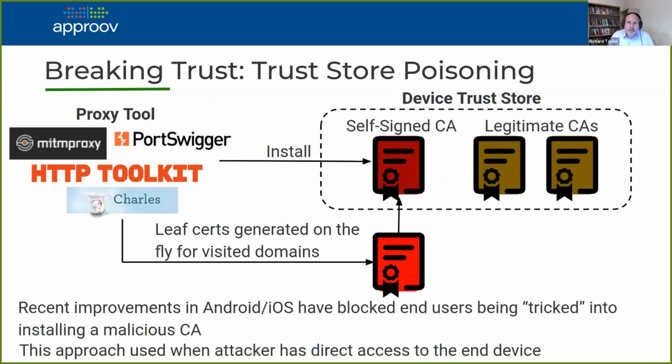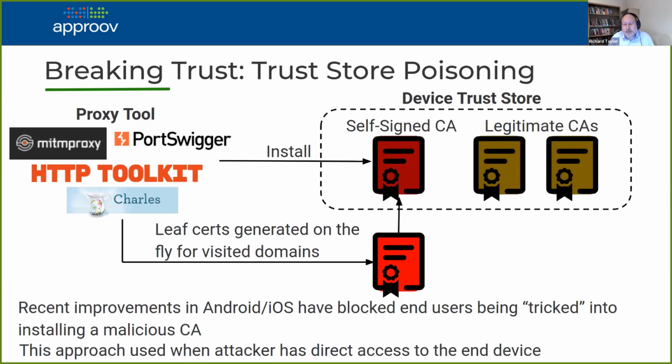Now, there are a couple of ways that this trust chain can be subverted. I'm going to talk about one way, which is essentially what happens if you use a man-in-the-middle tool, of which there are many. This is the case where you're actually controlling the device. So this might be a case where you're analyzing traffic from a mobile app. Then you're controlling the device. And there are these various tools like MitM Proxy.